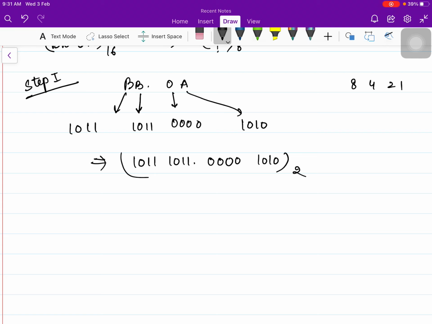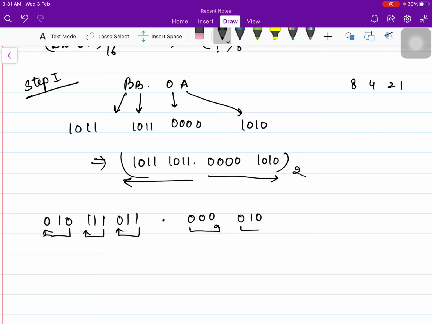Now binary has to be converted into octal. So you will move from right to left for the integer part and left to right for the fractional part, and you will make groups of 3. So it will be 110 first group, then 111 second group, then 010 that is the third group. And for the fractional part, this is the first group, this is the second group, and this is the third group. I have inserted an extra 0 here. Here you have to use the set 4 2 1. So this is 2, this is 7, this is 3, this is 0, this is 2, and this is 4.